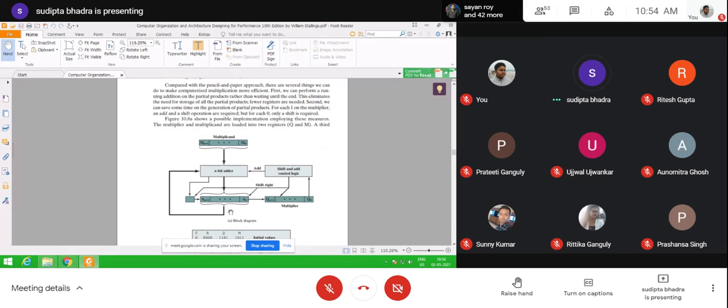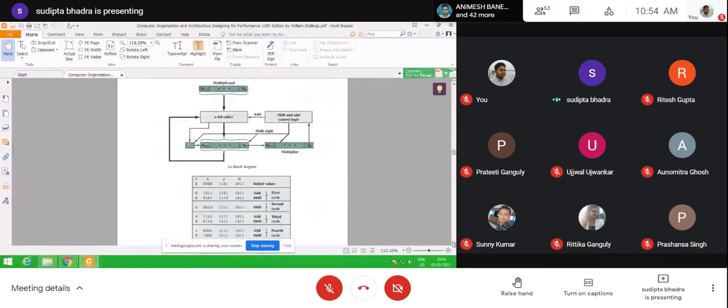Okay. So please follow this block diagram and the example below. Here we take C equal to 0. Before the A register there is a single-bit C register, initialized to 0. The A register is initialized to 0, the Q register is populated by the multiplier, and the M register is populated by the multiplicand. These are the initial values.